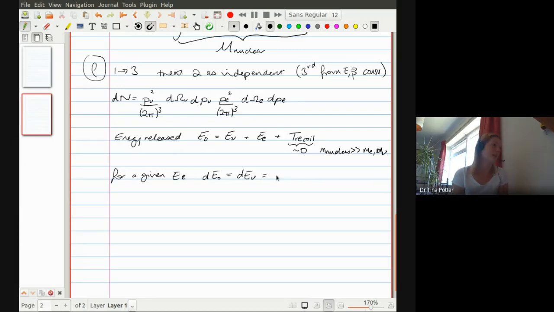And since they're basically massless, we can approximate this as the change in the neutrino momentum. So if we take this density of final states and differentiate it according to dE0, i.e. we're going to just take this term here down there because dP is dE. We can rewrite this,